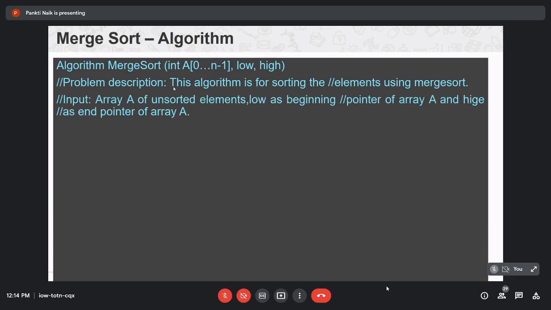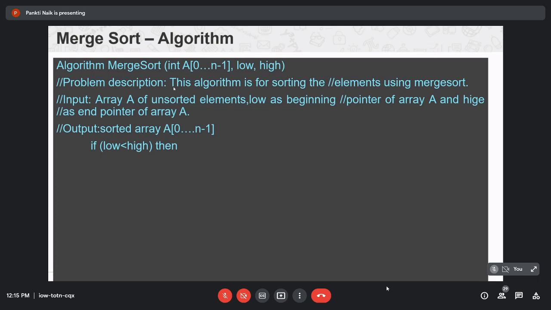Input for this algorithm are array A of unsorted elements, low as the beginning pointer of array A, and high as the end pointer of array A. Now the output of this algorithm is sorted array A[0 to n minus 1].